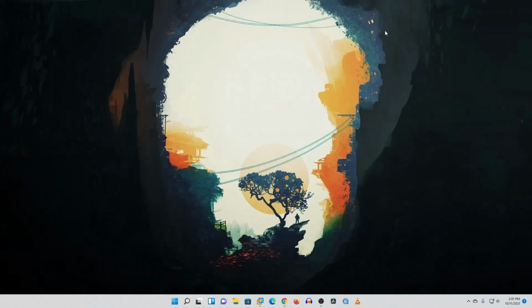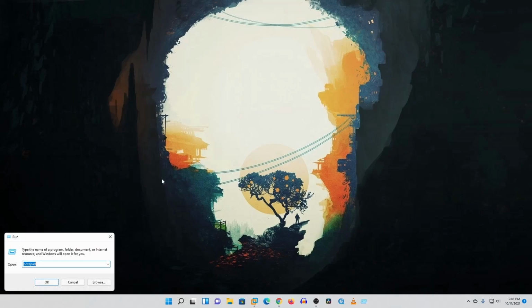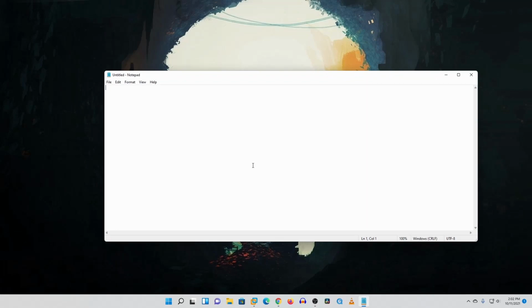Now let me explain what bad USB coding is. Bad USB coding is like a human using the keyboard with their computer. If I give an example, let's say you want to open up Notepad on your computer using the keyboard only. What you're gonna do is press Windows plus R on your keyboard, then type notepad, then press enter. Like this you can open up Notepad, right? And using bad USB scripting we are gonna do the same thing but very fast. This is exactly what a bad USB or Ducky script does.